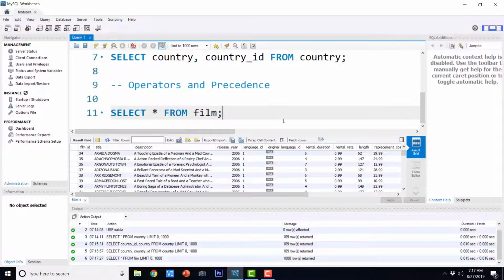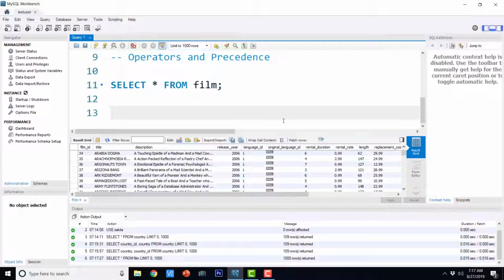Okay, and all I have to do is select title, comma, 12 multiplied by rental rate plus 200 from film.